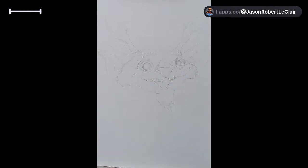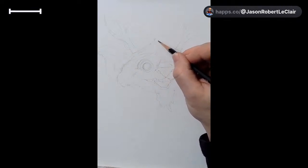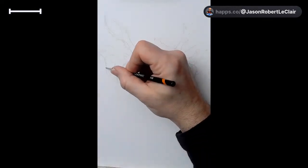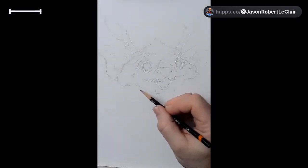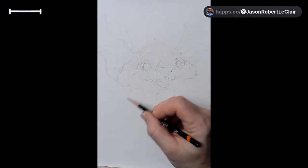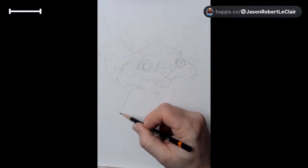Just because we've got the tufts down the bottom, we're going to do a little tuft up here too. There we go. There's our grapple. So that's the contour of a grapple. But the thing about grapples is that they like to hang out, literally,